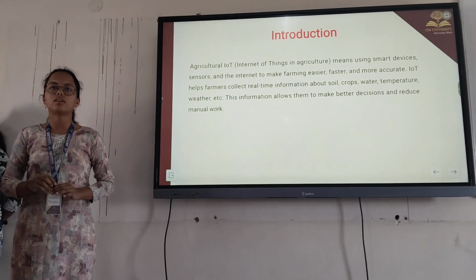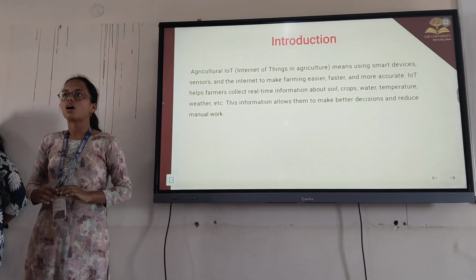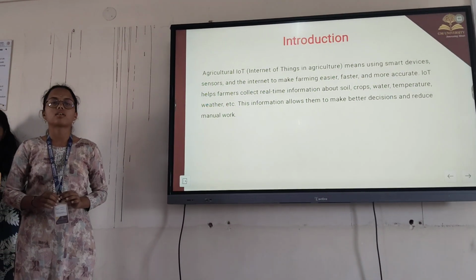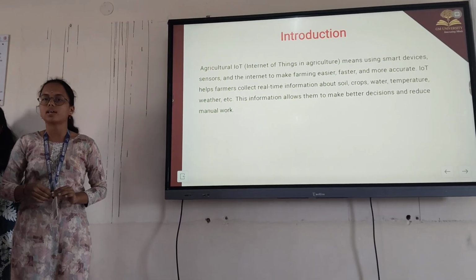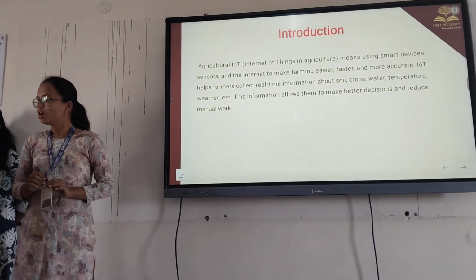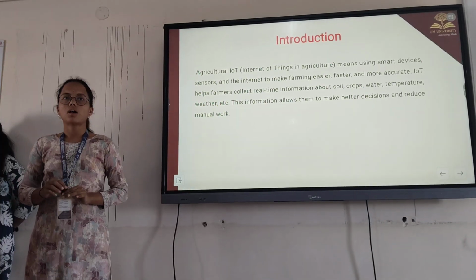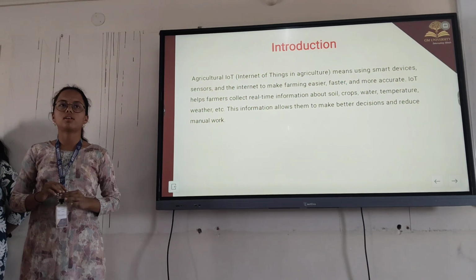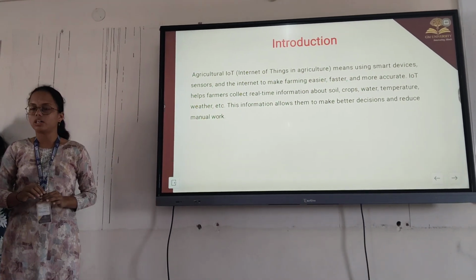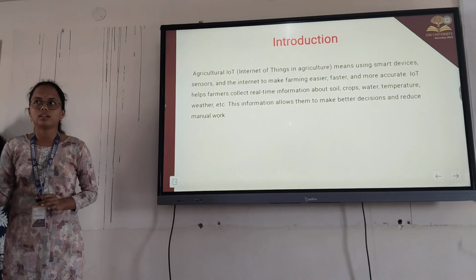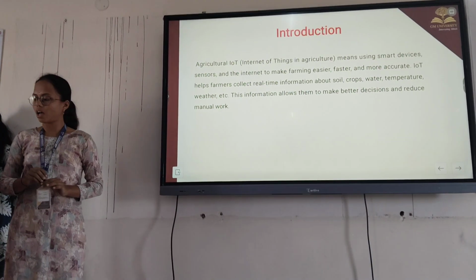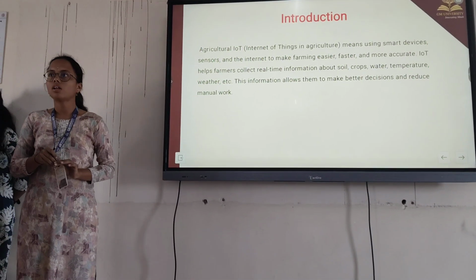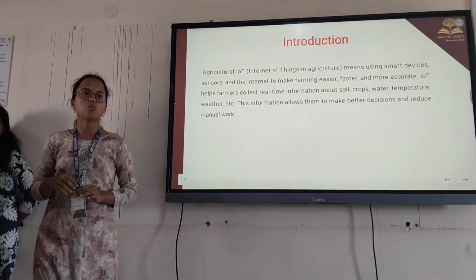Many sensors are placed in the field, connected to servers, cloud, and devices. These sensors placed in agricultural IoT collect data on soil temperature and humidity, etc. This helps make farming smarter, faster, and more predictable. This data is collected by agricultural IoT to analyze and provide various agricultural services. Next, we continue.